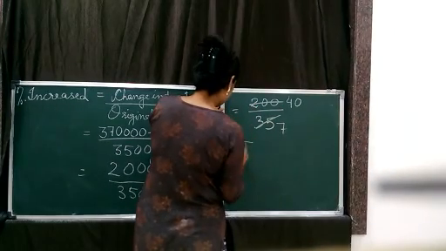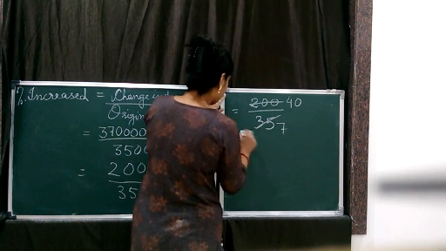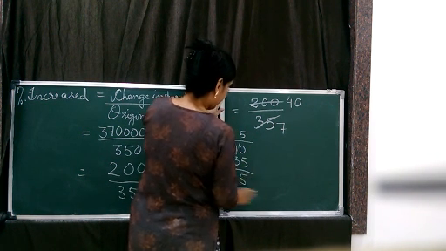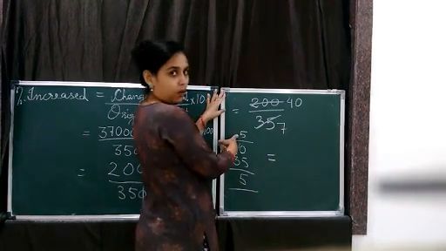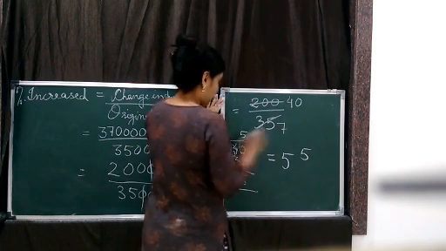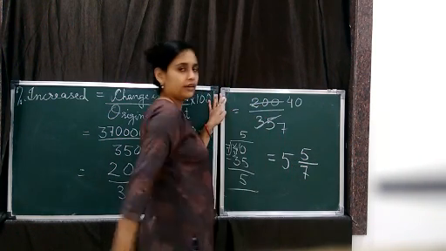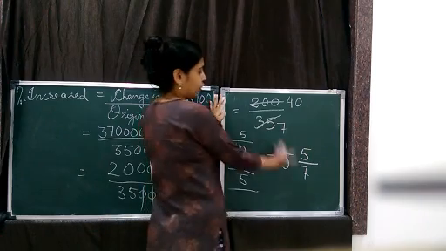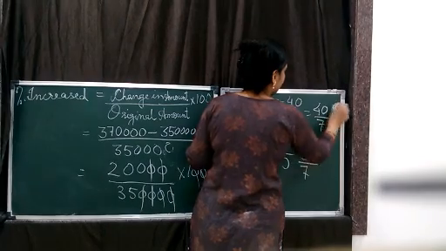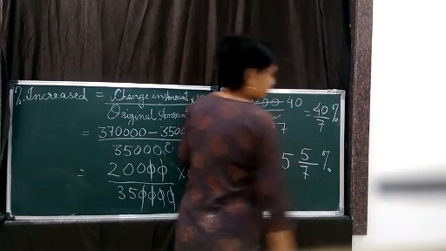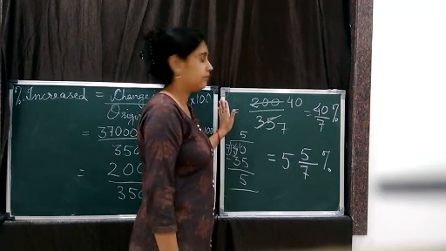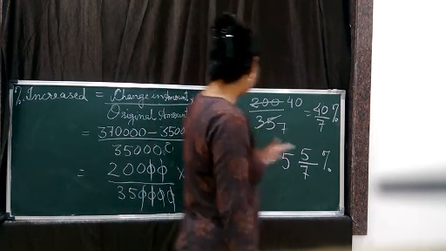So let's do that. This is 40, this is 7. 7 fives are 35, 40 minus 35 is 5. So the answer is the whole number and remainder upon divisor. Okay? Or you can say the denominator remains always the same. So either it can be 40 by 7% or 5 and 5 by 7%. Okay? Both the answers will be correct in your exam. So this completes your